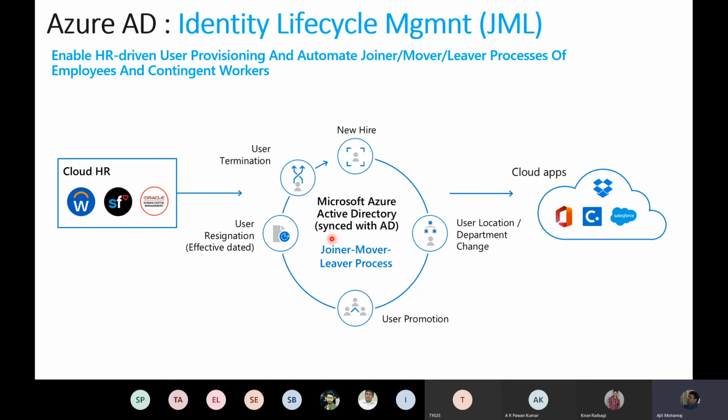And one of the customers said, we don't action this workflow till the fellow shows up on Monday morning because a lot of them take the offer and they don't come. So let's say Monday morning you come in, his entire identity can be set up, right? Not just the identity, his email address, Salesforce password, whatever, everything can be provisioned for him in a complete cycle, right? Part of Azure AD. If the guy moves from Delhi to Bangalore or moves from India to another location, obviously what he has access to could change. So even the mover process is completely automated.